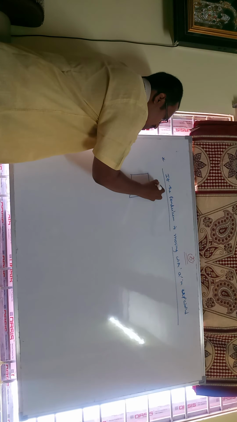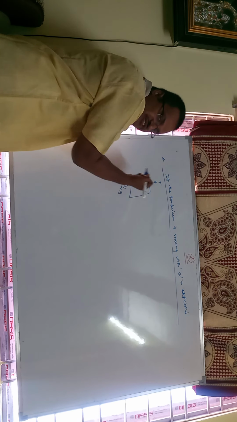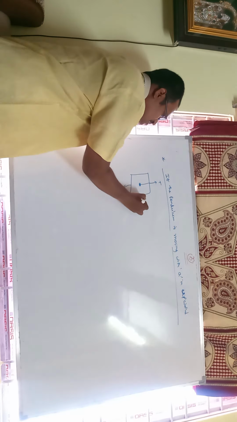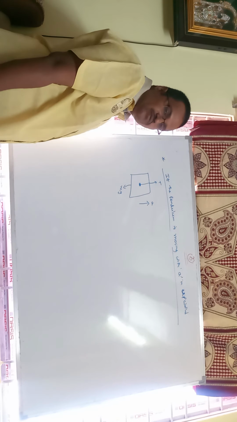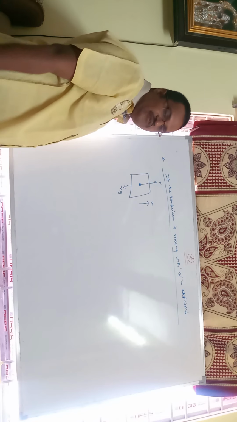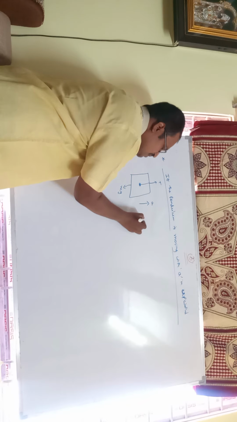Now for this one, tension is acting vertically upwards. The weight of the body mg is acting in the vertically downward direction. Now the pendulum is moving vertically upwards. Already I told you in the laws of motion and gravitation, if the lift is moving vertically upwards, its apparent or effective acceleration is given by